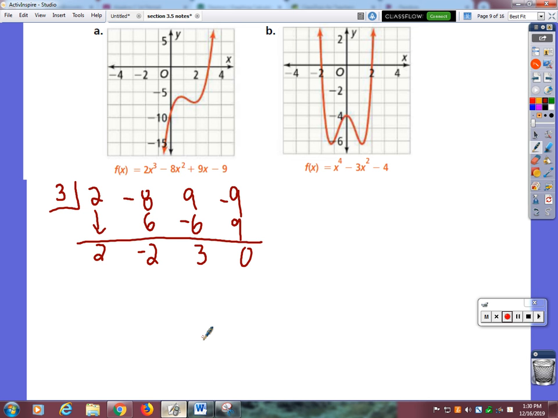Okay? This one only crosses the x-axis one time. Yep, okay. So we're good. Now I'm going to go quadratic formula from here. This is A, this is B, and this is C. So to do the quadratic formula, I'll take the opposite of B, so that's 2, plus or minus the square root of